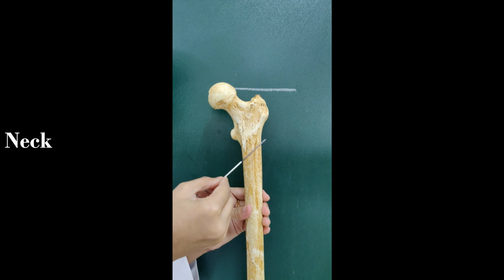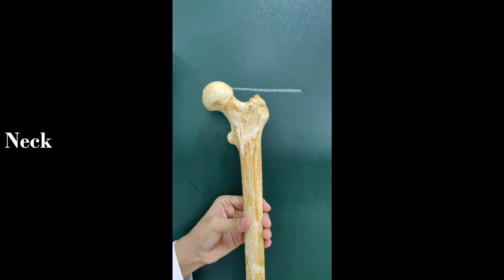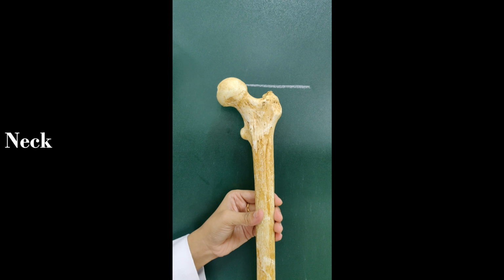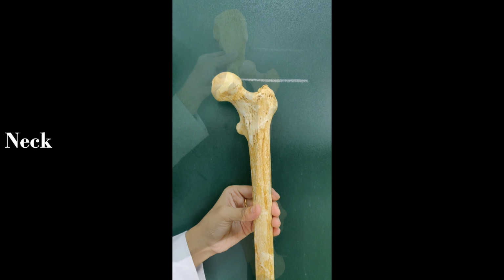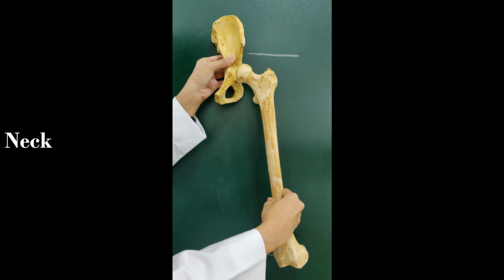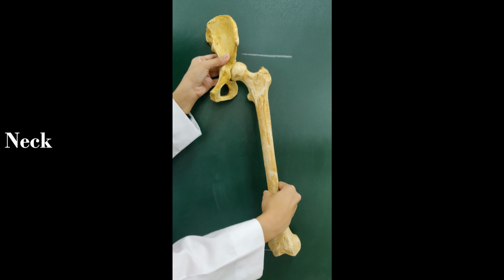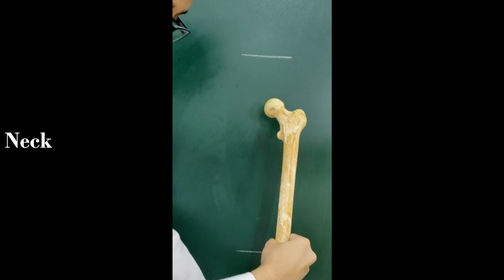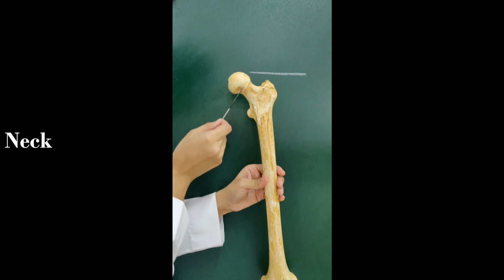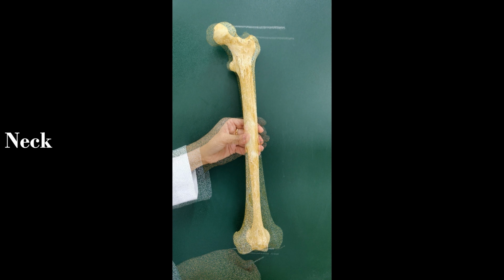The axis of the neck and the axis of the femur make an angle called the neck shaft angle, which is about 125 degrees in adults and 160 degrees in children. The neck shaft angle keeps the femur away from the pelvis so as to swing freely and increase the range of movement of the hip joint. The weight is transmitted from the head, neck, shaft all the way to the lateral contour.